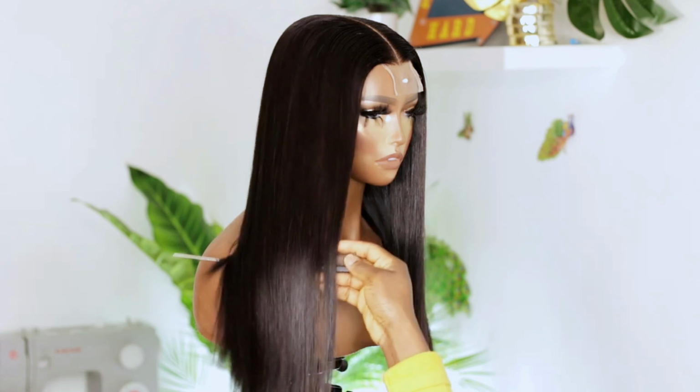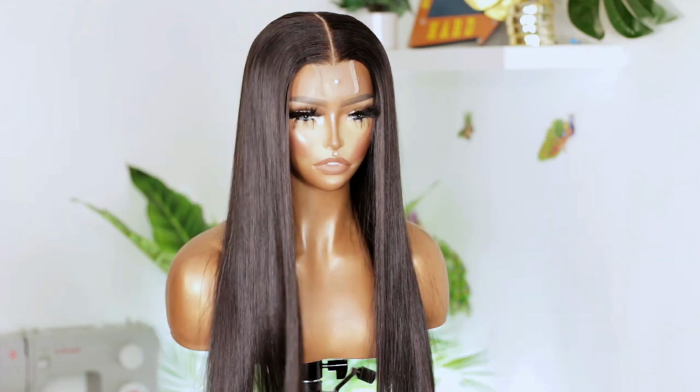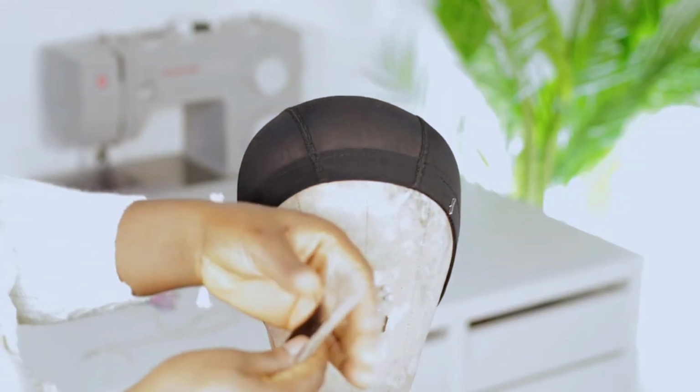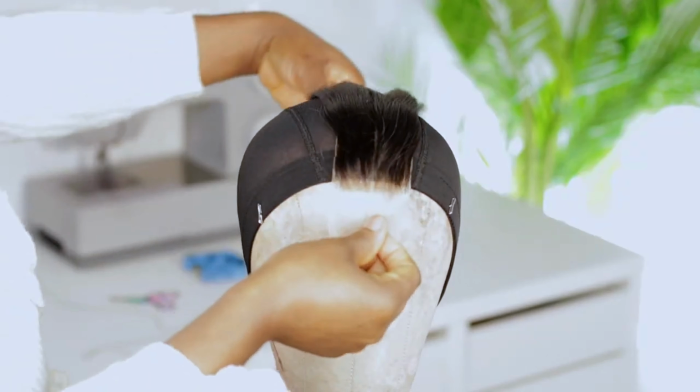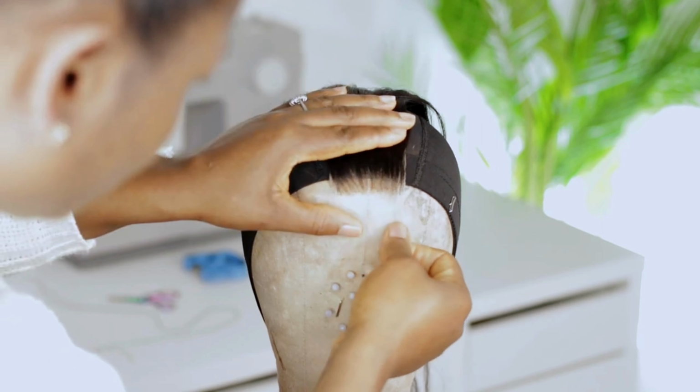In today's video, I'll be showing you how I made this Kim Kardashian wig using a 2x6 lace closure and some bone straight bundles. So as you can see, I already have my wig cap placed on the canvas head. So right now I'm going to place the closure on the wig cap,